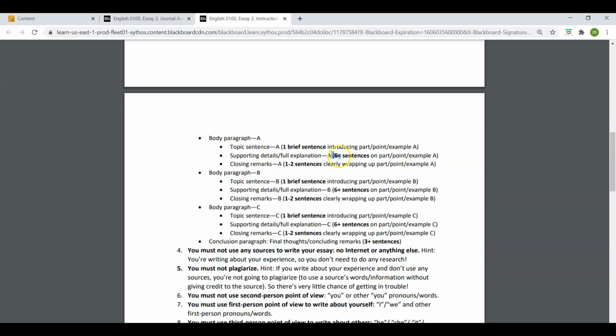So again, a lot of people, many did not have a clear topic sentence, and many more didn't have six or more sentences. It's like they write one sentence and then one or two sentences and then don't even wrap it up, or maybe write one wrap-up sentence. The wrap-up sentence or closing remarks was also often missing. So students, you gotta get this through your minds, all right, through your heads, right, through your skulls.